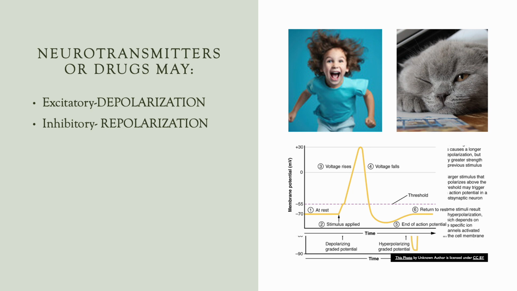I'm going to repeat this. So excitatory response is depolarization. It involves the opening of sodium and calcium channels so that these ions go into the cell, sodium and calcium into the cell for depolarization. An inhibitory response is repolarization, which involves the opening of chloride channels so that chloride goes into the cell. So during repolarization, which is an inhibitory response, chloride goes into the cell and potassium leaves the cell.